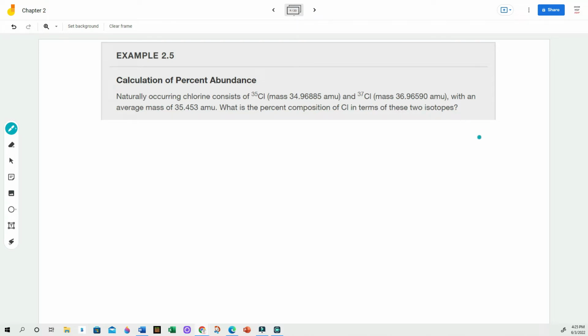So this again is a weighted average, but in this case, they gave us the average mass and they want us to figure out the percentages of chlorine 35 and chlorine 37. I'm going to start by just writing out my weighted average and putting in what I know and then just putting in a variable for what I don't know. So I know my mass of chlorine 35. That is